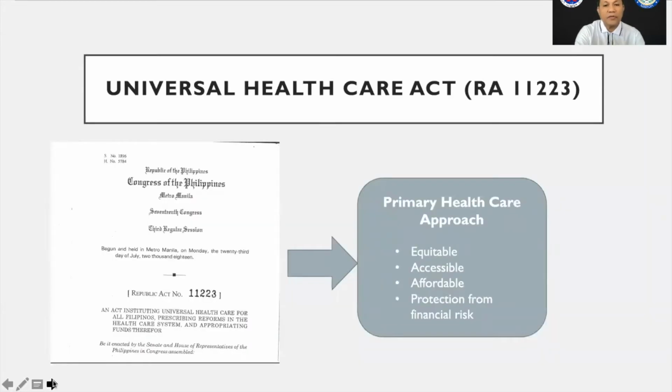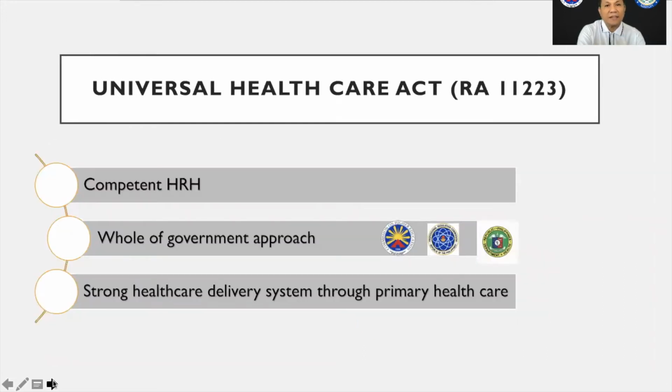The birth of the Universal Healthcare Law, otherwise known as RA 11223, paved the way to mandate an integrated and comprehensive primary healthcare approach geared towards equitable, accessible, and cost-effective healthcare services to all Filipinos. This act shall require very critical components, including a competent human resource for health, a whole of government approach, including